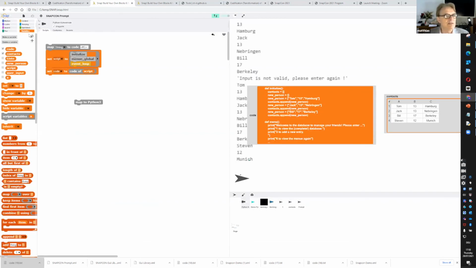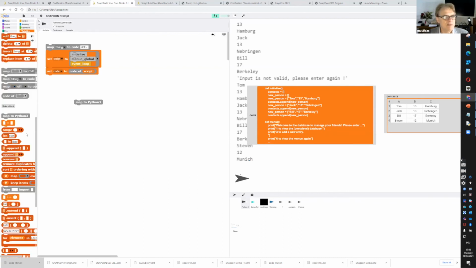Let me show you some other ones. This is the range that you have in Python. When you just want to go 2, 4, that works exactly like in Python. And this is this feeding thing which is difficult for me to describe. If you get used to these kinds of blocks, then Python becomes very easy because this block for the range behaves exactly like